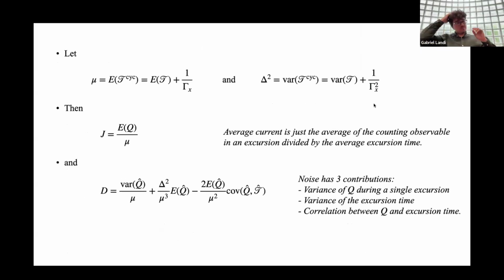And now here are the main results. Let us define the average cycle time to be the average time of an excursion and the average time that the system spends in X. And let's define the variance of the cycle time in exactly the same